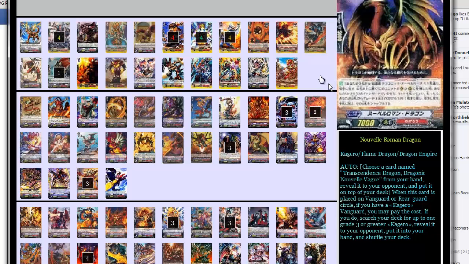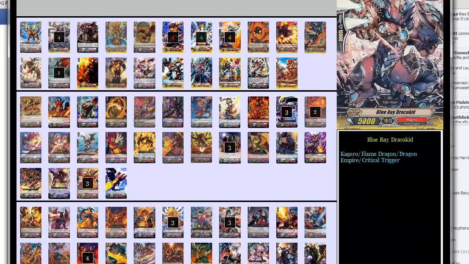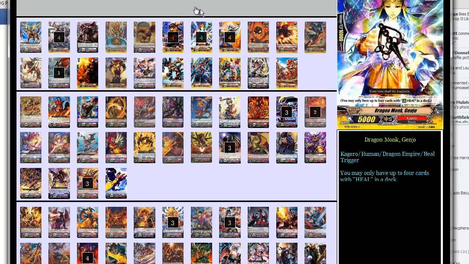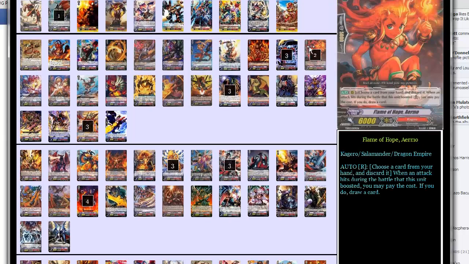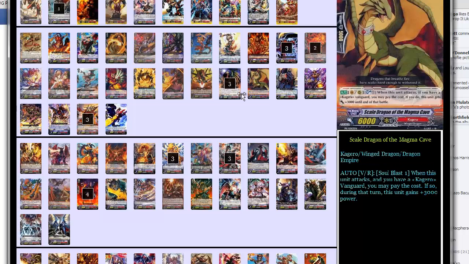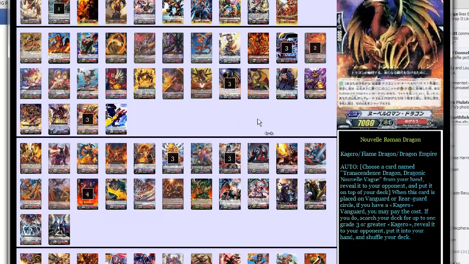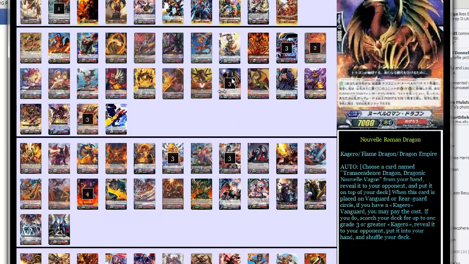So, before we get to that, I run 8 criticals: 4 Embodiment of Spear Tahr, 4 Blu-ray Dracokids, 4 Dragon Monk. I run 4 heals, 4 Dragon Monk Genjo, and 4 draws, Dragon Dancer Monica. As for grade 1s, I had to implement a new ratio for this. In total, that's 11 grade 1s. I used 2 Flame of Hope Aermo, 3 Embodiment of Armor Bahrs, 3 Wyvern Guard Berries, and the new Nouvelle